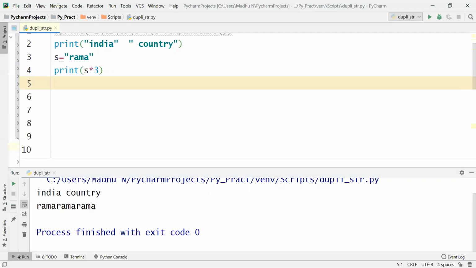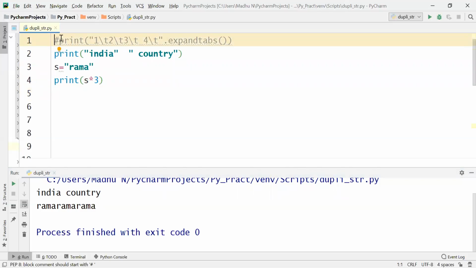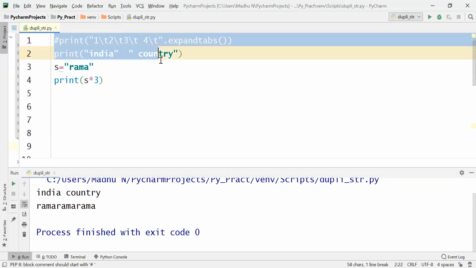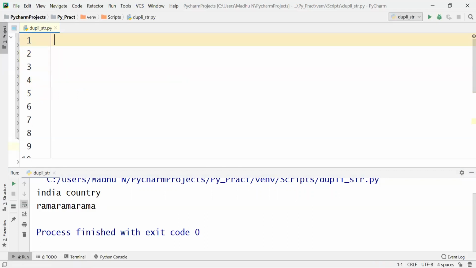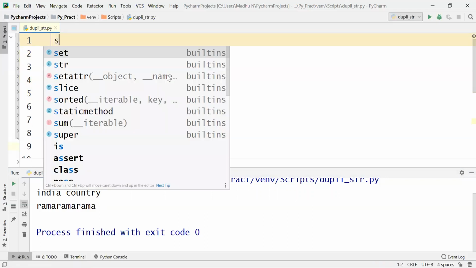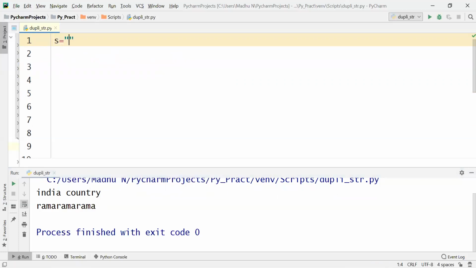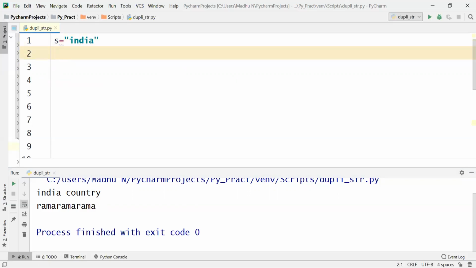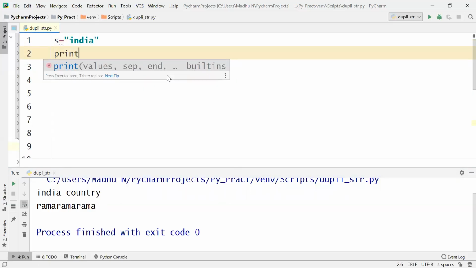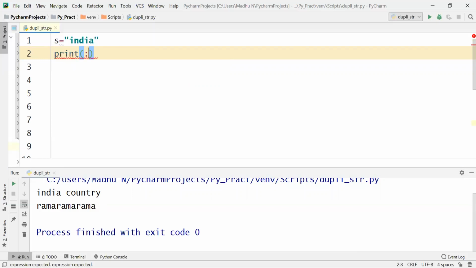And the most important topic is index, and now we are going to learn slicing of the string. Slicing of the string. So if I write India, okay, now if I write like this,